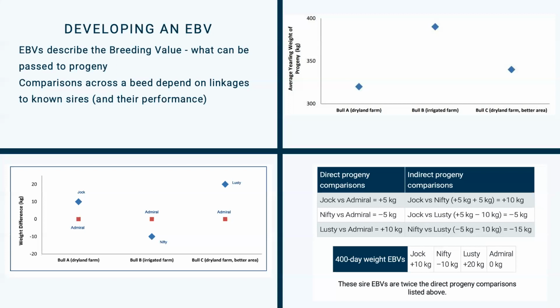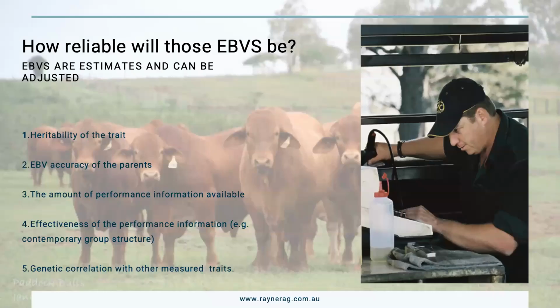And remember that the EBVs, when they're calculated, are always going to be twice what the direct progeny comparisons are, because the direct comparison is that 50% result of the sire effect and the dam. So a linkage allows us to be much more confident in understanding the breeding potential and the breeding value that bull or those bulls have brought to the program, taking away the environmental impact. So EBVs tend to be a very good way of assessing what you're seeing in terms of its impact from environment and genetics. But those